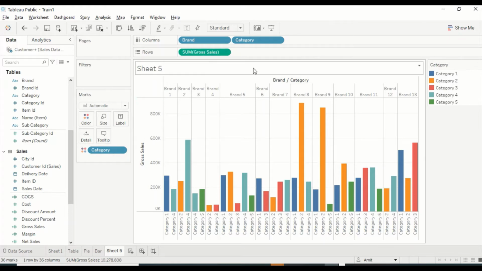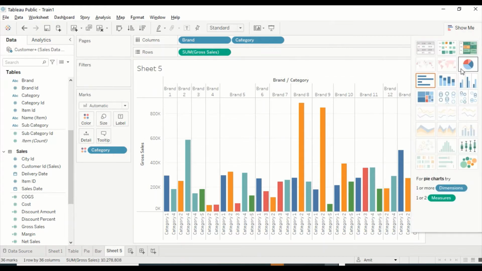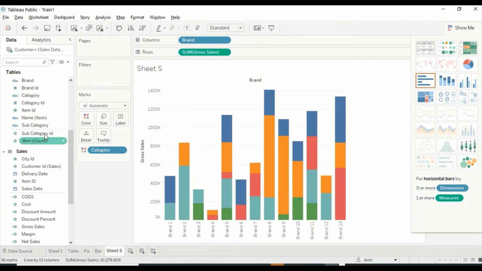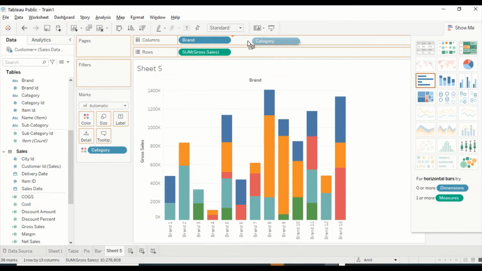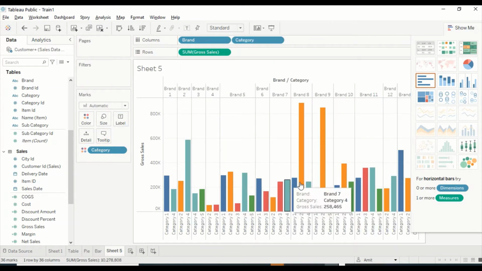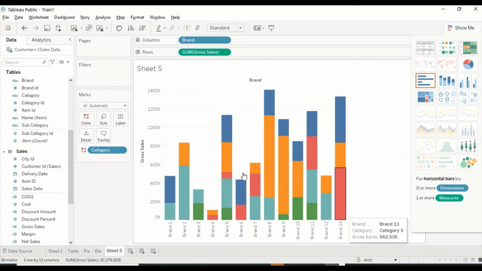So what we are going to go ahead and do is, again, let's convert this into this tagged visual. So we already have the color on the category. Unless you drag it on the column or the row, it keeps working like a stack. So the moment you drag, let's say, color on the category, it's going to become. So if I have it here also, and here also, now in Tableau you have to actually do it like this. So it's this, and if I remove it, it's stacked. So that's the only difference. That quickly you can convert from one to another.